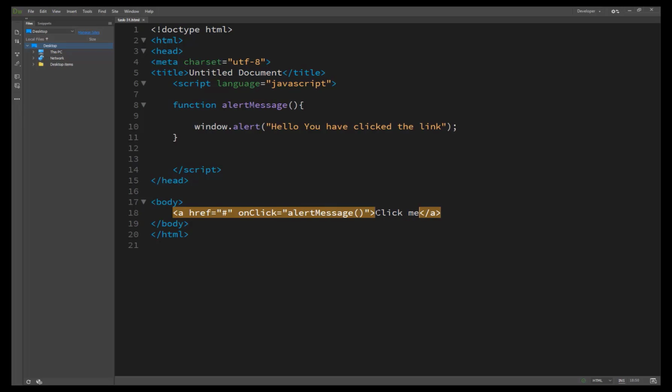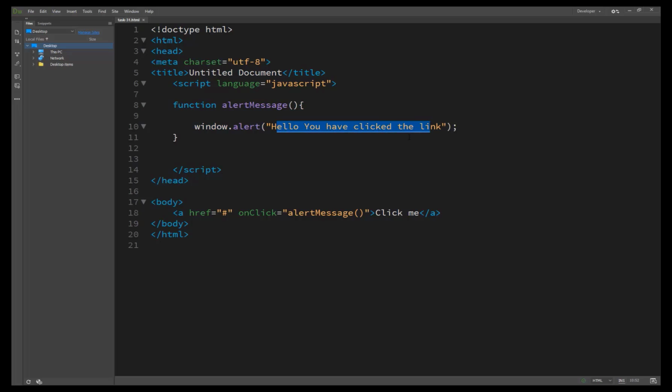Inside that, we create a link and the text is Click me, and we pass the link onto this Click me. So when the user clicks here, onclick automatically runs this function, and inside this function a message is printed on the screen using the alert method.